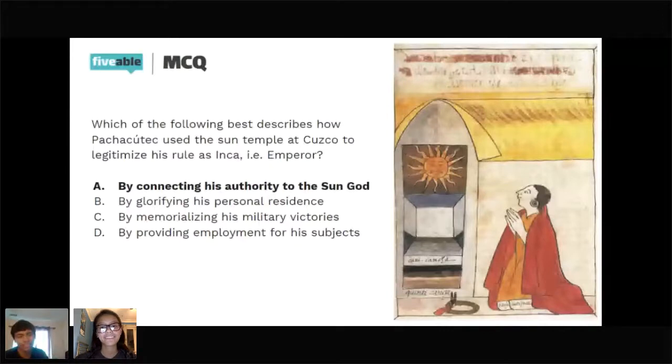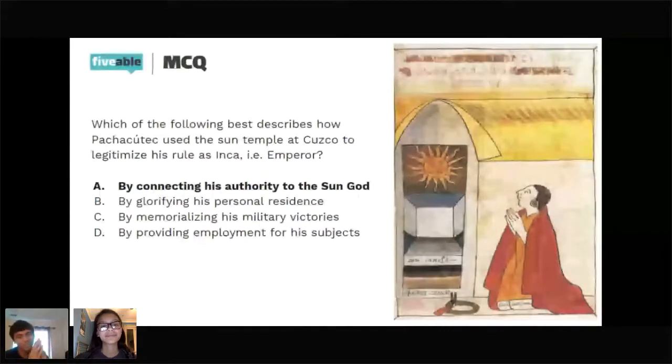So you only see a harmless little friar praying to, what's his name? Let's see, what's his name? Inti. So I was like, Inca. So yeah, and you can also